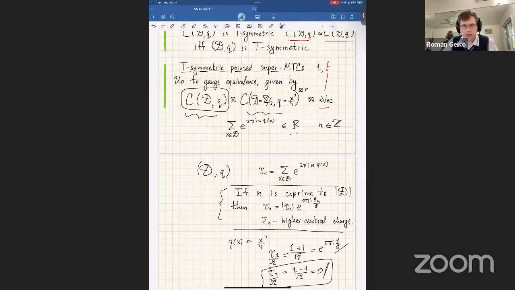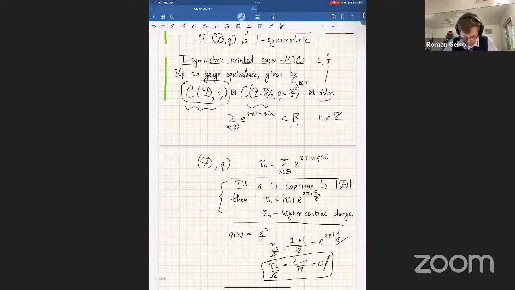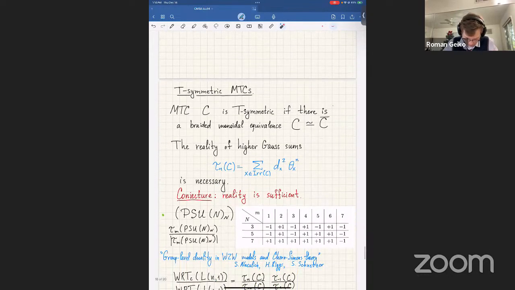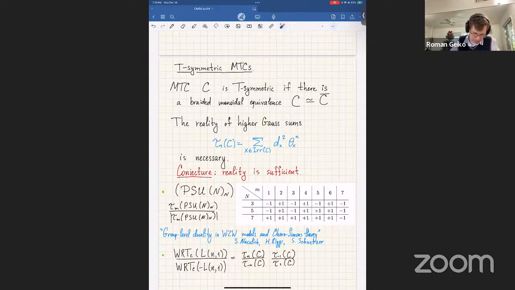So is it clear? Again, you can continue. Well, just briefly, I want to mention our conjecture about general T-symmetric MTCs. So things here are much more complicated. We have a lot of data that is not packed into just a quadratic form. And it's not even obvious that, for example, if you can conjugate S and T matrices,